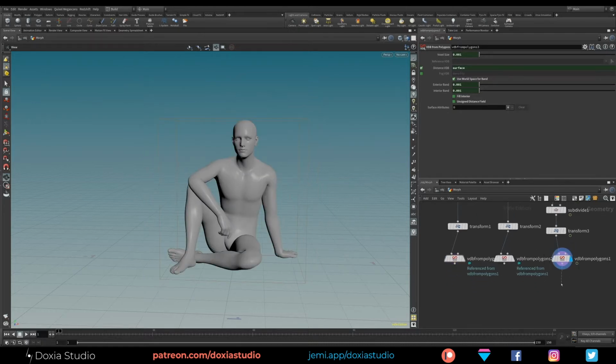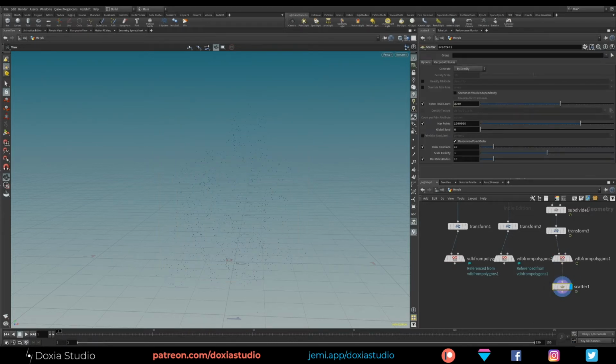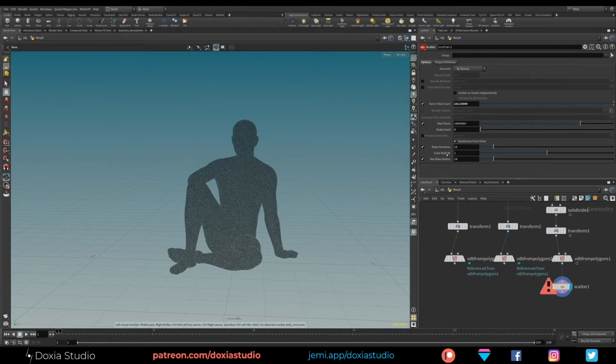So now we need to create a scatter. Let's increase this. So I'm going to use 1,600,000. Okay, let me free. Okay. So we have a lot of points. Maybe this will work. Let's wait a bit. Oh, I forgot to turn off the relax iterations, so it will be faster. Okay,